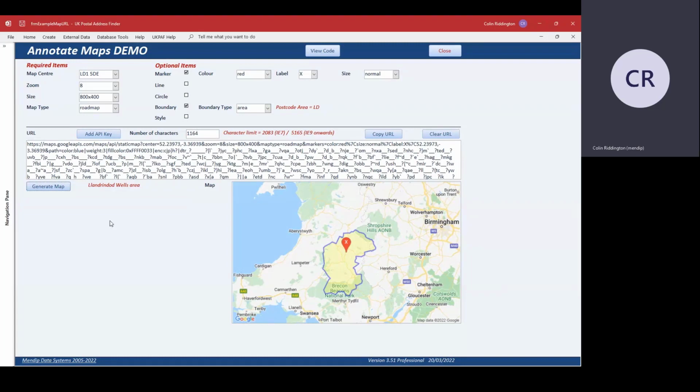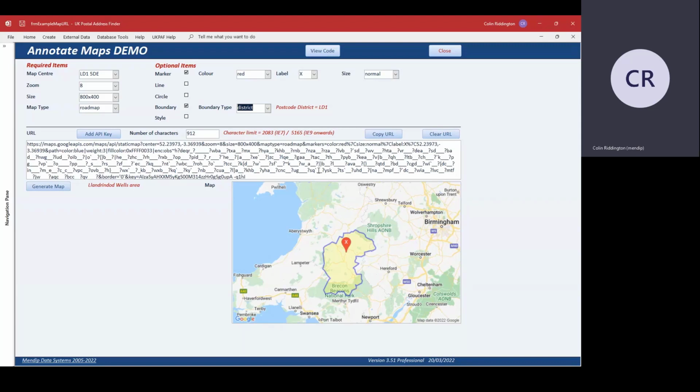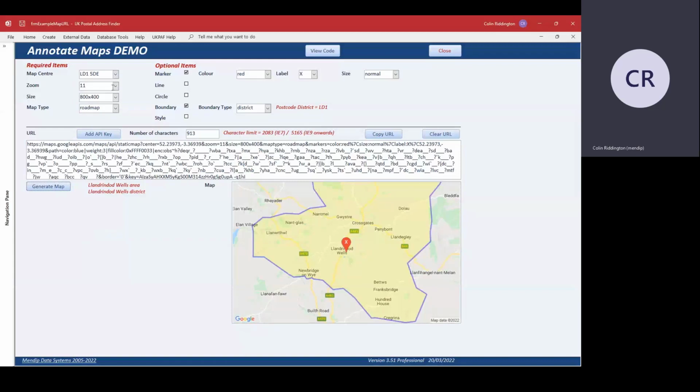I could put lines and circles on top, but I won't do. That's the postcode area LD, the first two letters, which is actually a place called Llandrindod Wells. I apologise for my Welsh accent. I can go down to the district level, it loads the boundary area data, and it's a slightly different postcode limit, URL character limit there, and it's going to be a smaller area, so it's going to reduce the size of that, and I can increase the zoom of that to a larger value. Slightly too big,